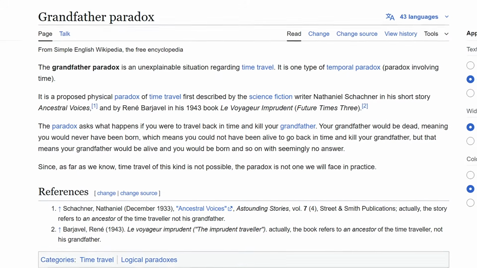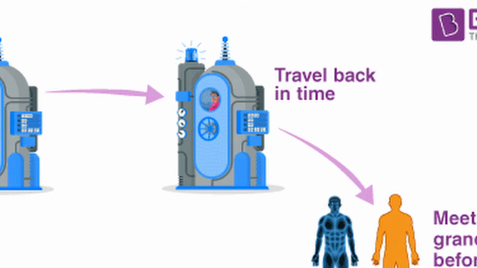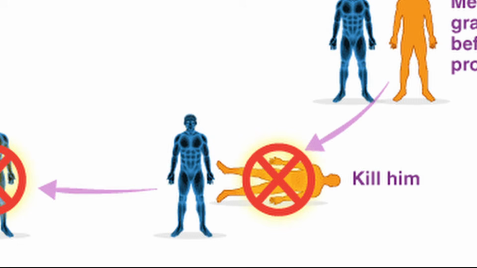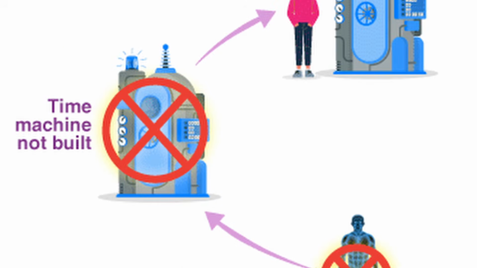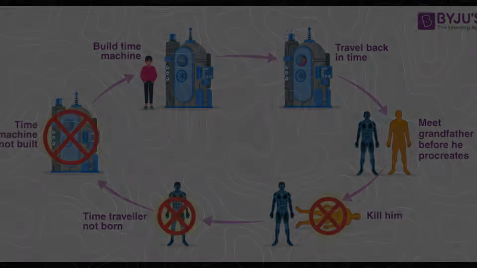I know this sounds weird, but have you heard of the grandfather's paradox? Apparently, a scientist came up with it a few decades ago. It states that if you traveled back in time and killed your grandpa before he had children, then one of your parents wasn't born, so you weren't born either. But if you were never born, then how did you kill your grandpa in the first place? This creates a paradox, aka an infinite loop.